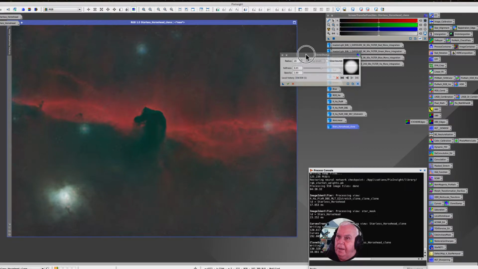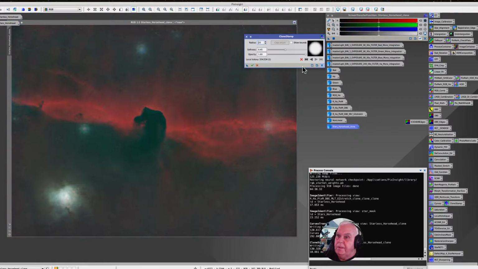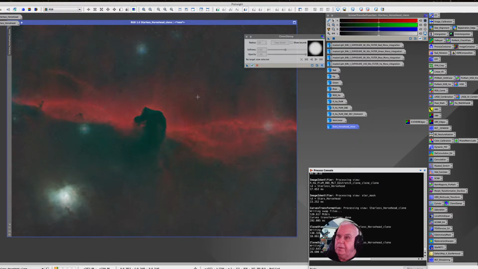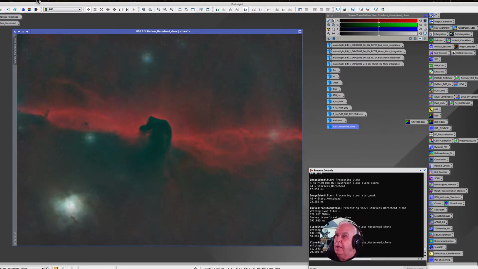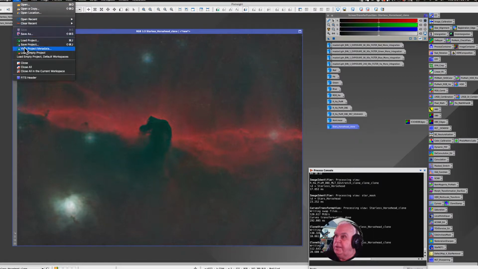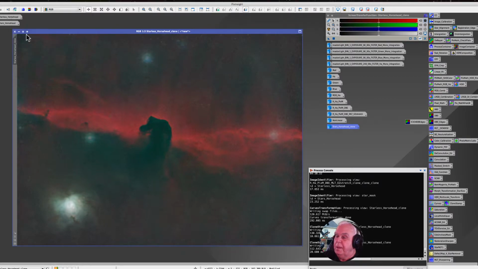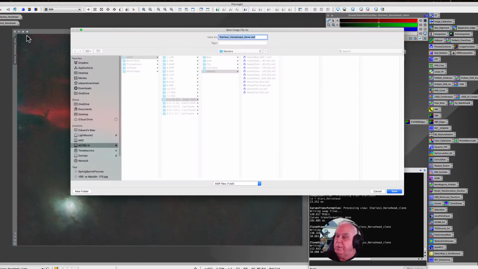Before you do that, when you run this tool, make sure that you click execute, otherwise all your stars will reappear. So I'm going to click execute, and now it has permanently removed those stars. So we can close this out. I want to save this image, and I will save it,